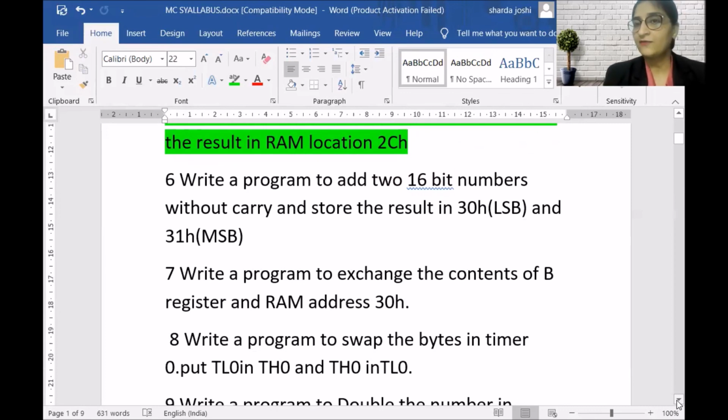So try that task I have given you, so that when I explain this program, it will be very easy for you. And number 7 will be exchanging of data: write a program to exchange the content of the B register and RAM address 30H. One data will be in register B, the other in a RAM location, and they have to be exchanged, right? It's very interesting. These two we are going to perform in our next session.